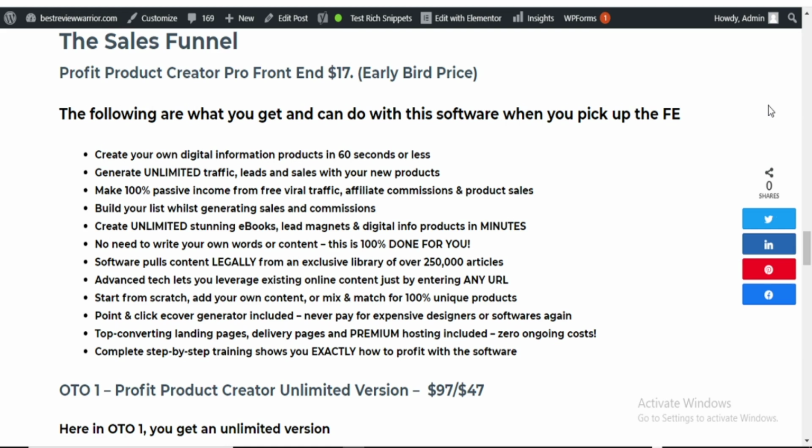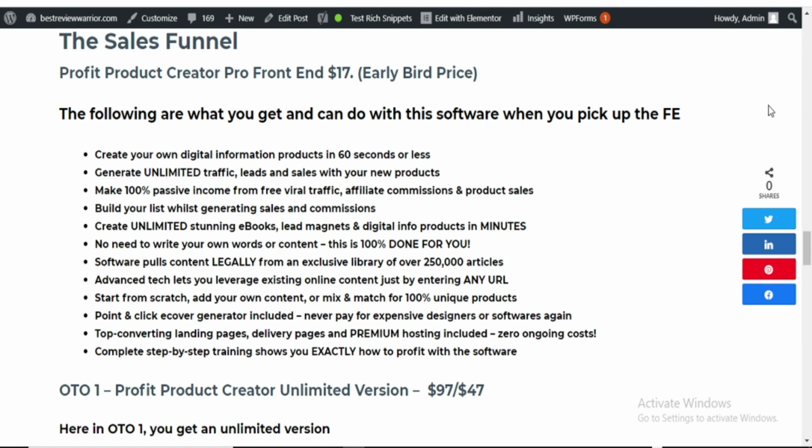Never pay for an expensive designer or software again, which is also true. Then you get top converting landing pages, delivery pages, and premium hosting included. Zero ongoing cost. Yes, as a cloud-based software, you do not have to pay for a domain name or web hosting to get this product working for you. And all this you get for $17.